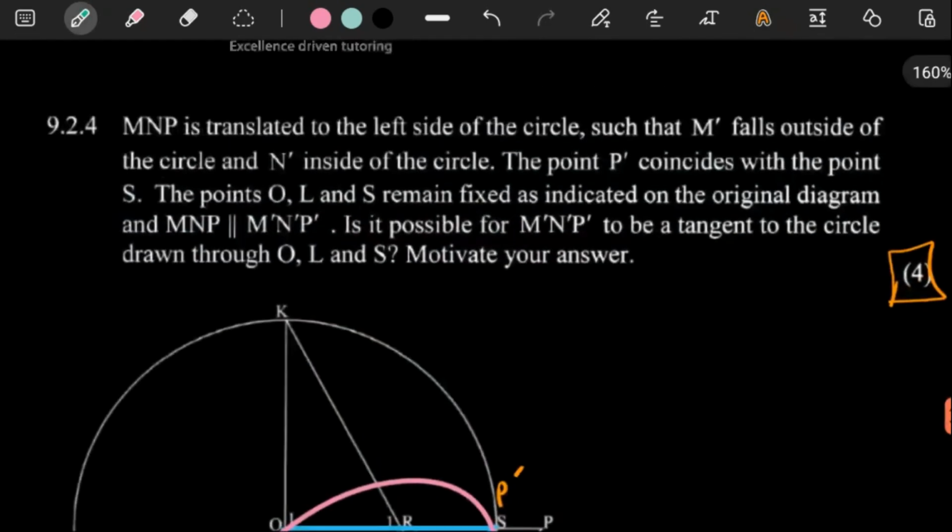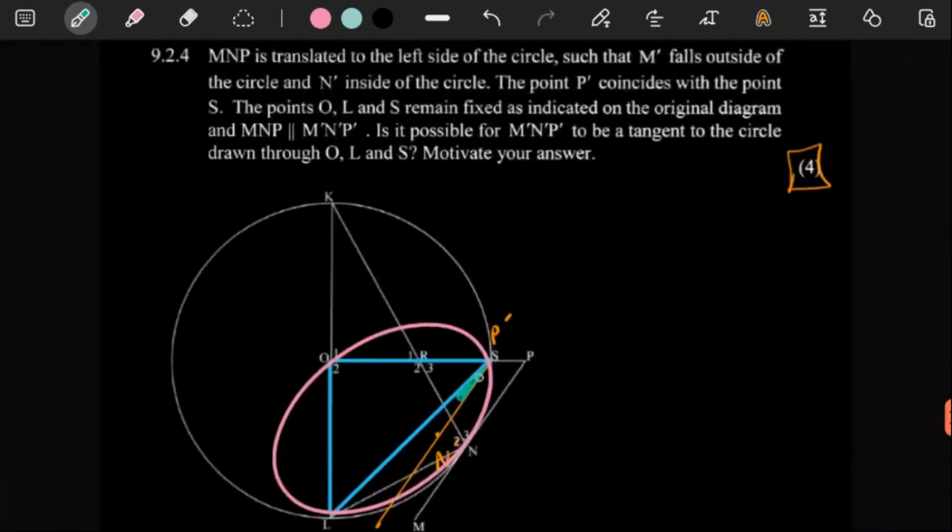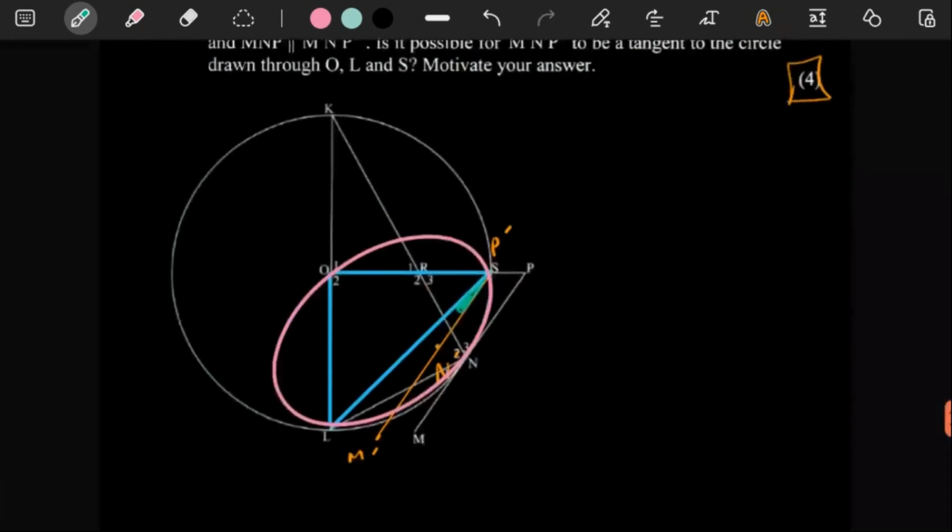How many marks is this question? 4. Which circle are they talking about? Is it possible for this line to be a tangent to the circle drawn through O, L, S? How? If the circle is drawn through O, L, S, the only thing that's really annoying is that it's a 4-mark question, but it doesn't seem like it needs us to do a lot, because it just doesn't make sense, you know. It really doesn't make any sense at all. Like, it really doesn't. It feels like we need to